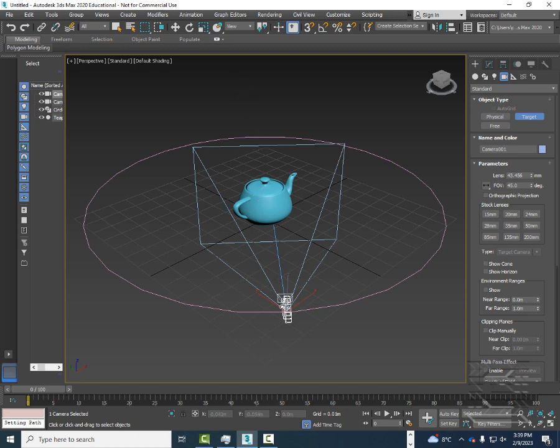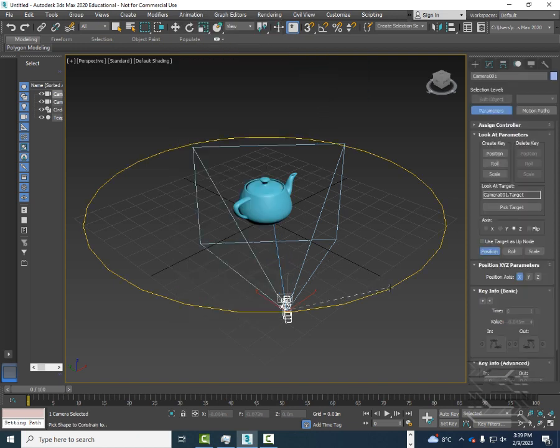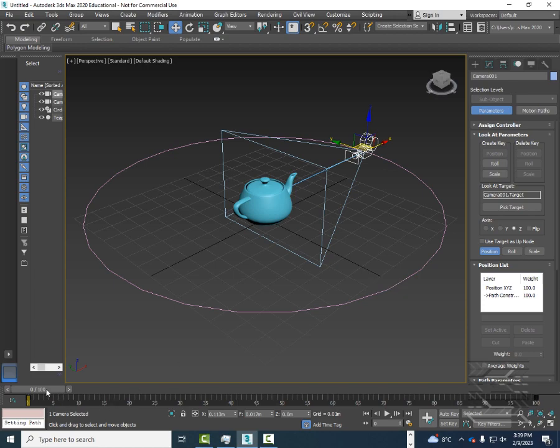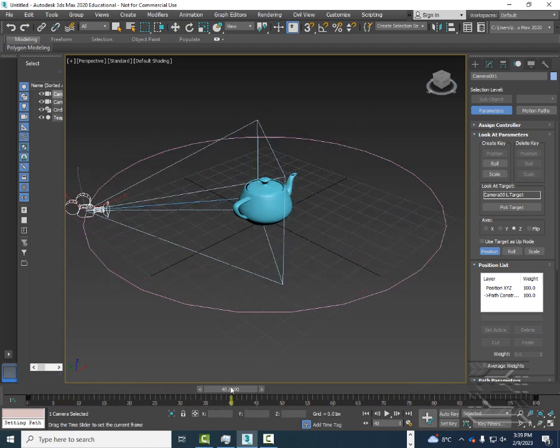Now, really important, we attach the camera to this circle that we've drawn. So we're going to go to Animation, Constraints, and we're going to put a path constraint and attach the camera to the path. So now when we scrub our playhead, the camera is going around the path, shooting at an